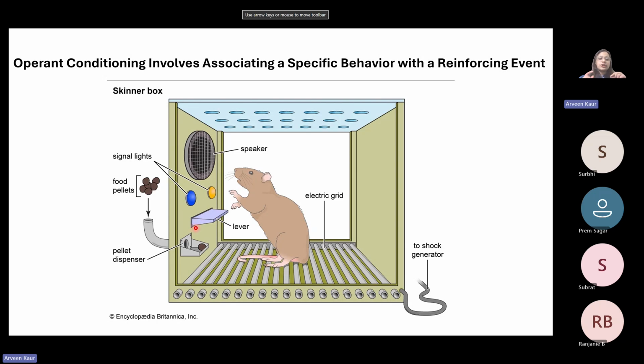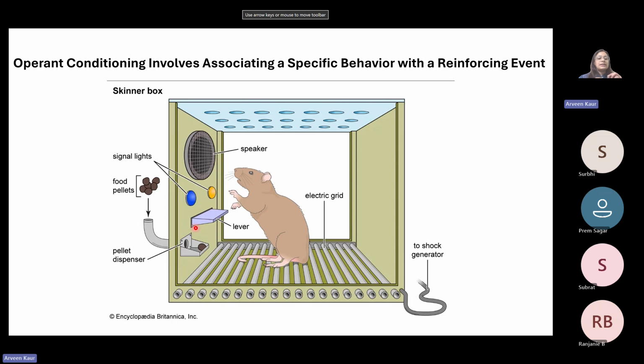Now the mice got used to pressing the lever and getting the food pellet. Again, he pressed the lever, but he got shock. So eventually, the mouse understood that okay, if this light is blinking, I should not press the lever, otherwise I would get shock. If this light is blinking, I should press the lever, I will get food. Right? So it is a trial and error based behavior or conditioning, right?